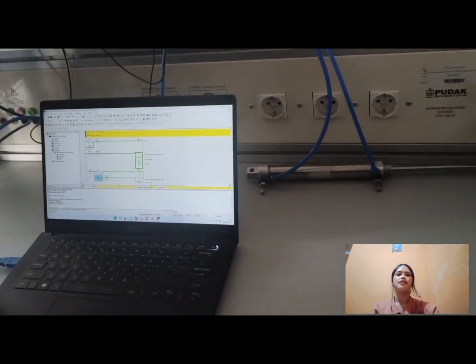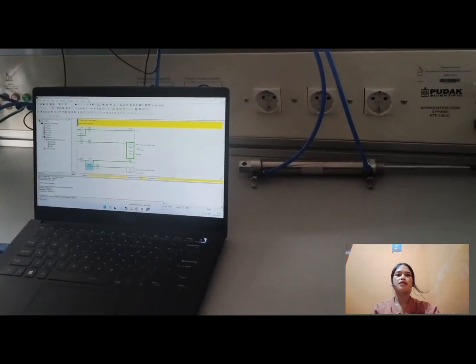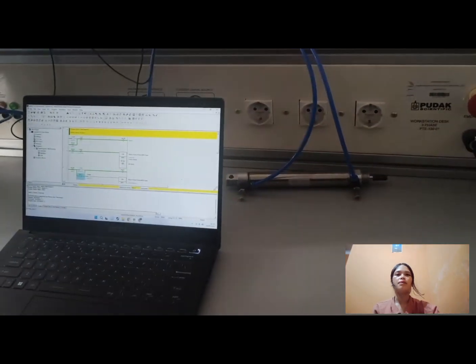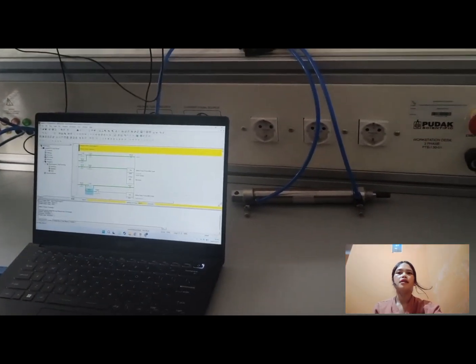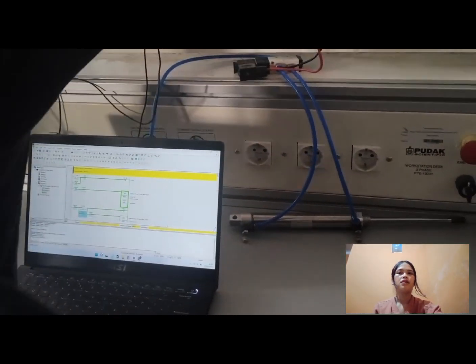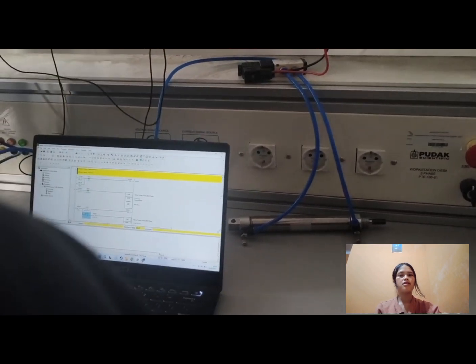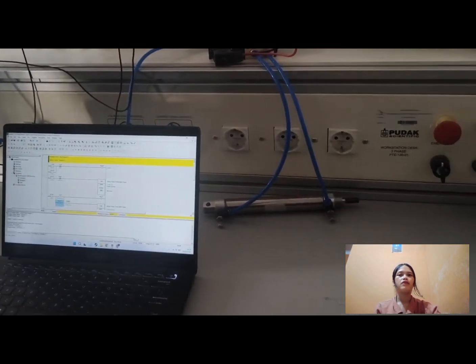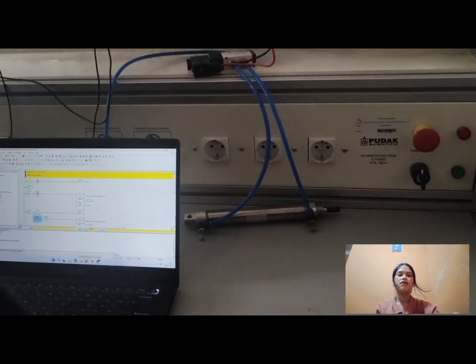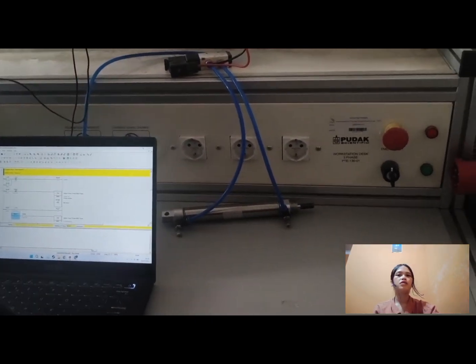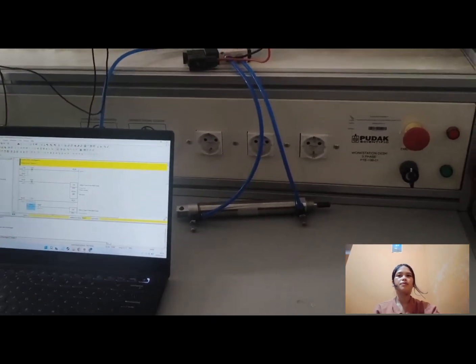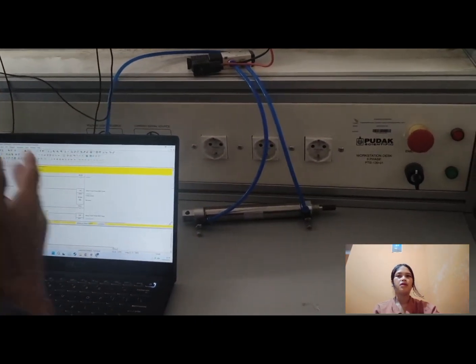Second timer. The second timer starts when the system is activated and the PB button input is pressed. This timer is also set to 5 seconds. After another 5 seconds, the output becomes true. Solenoid output.